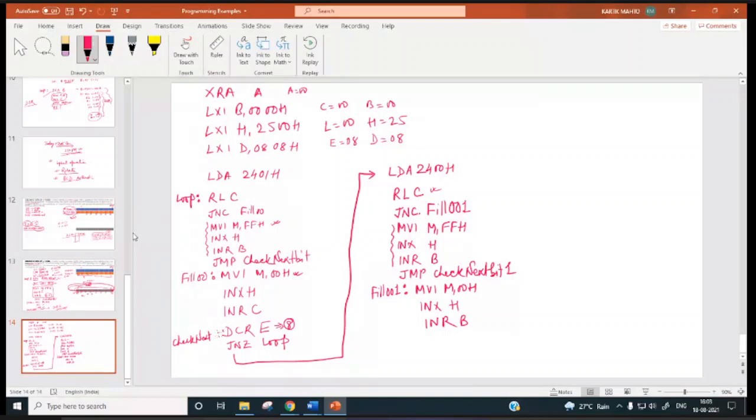So now it will be DCR. What will it be here? DCR D, sir. DCR D, and this will be check next bit 1.